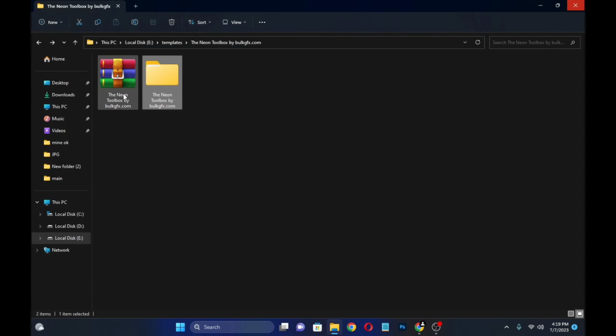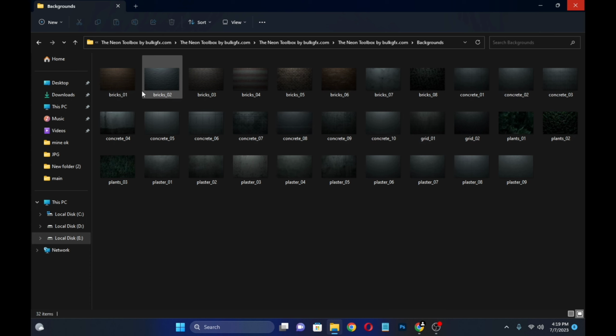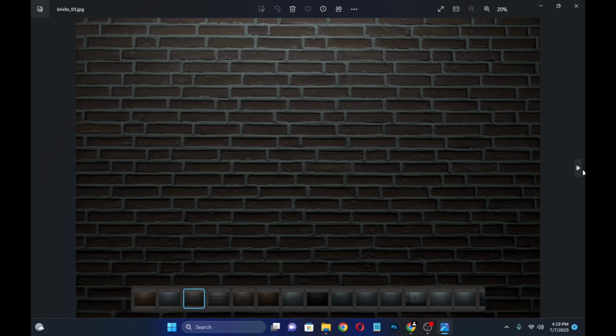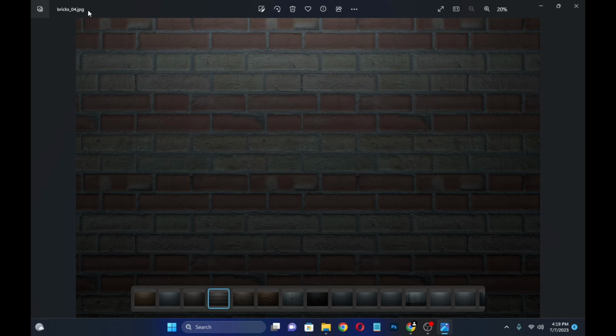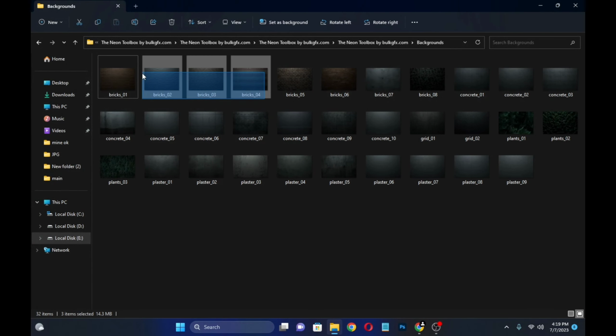These are the new toolbox. This is the winner file. You need to extract it and you will get this file. And this is the guide, and this is the new toolbox, and these are the backgrounds. High quality JPG images, you can see them in JPG format, and these are